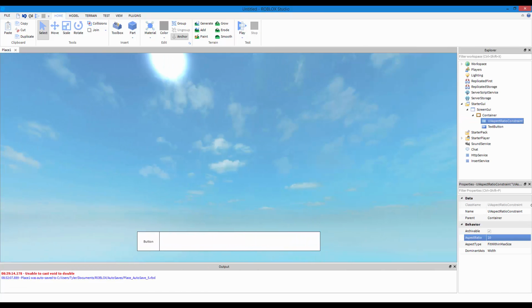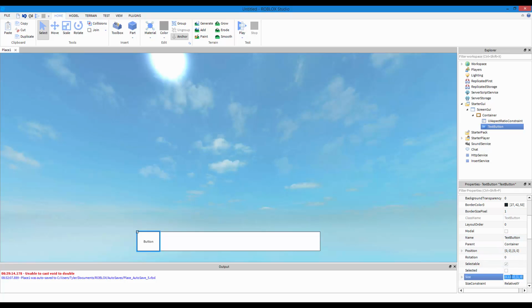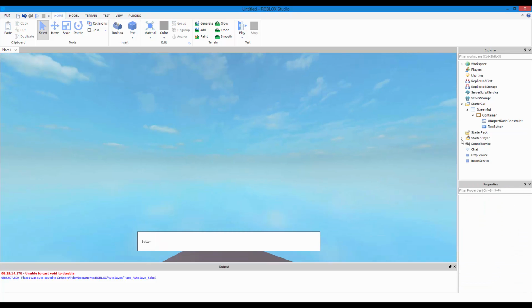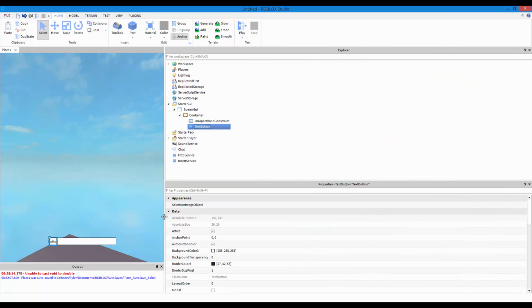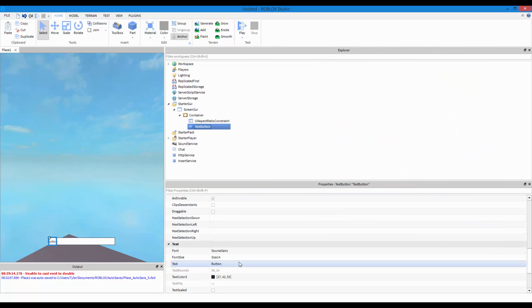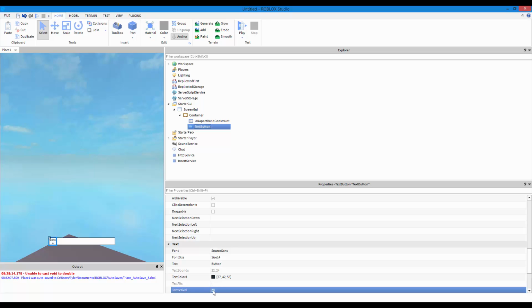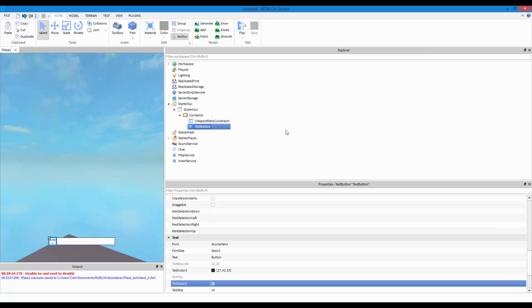Stays the same size. But as you can see, it doesn't look so square. It's because this is not square anyways. So we're gonna set this a little smaller. 10. There we go. 0.1. That'll do. And as you can see how the text goes out, with that, you check text scaled.